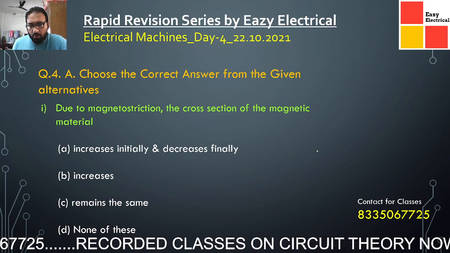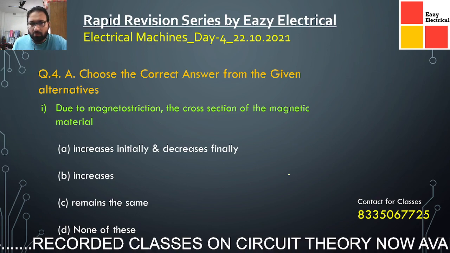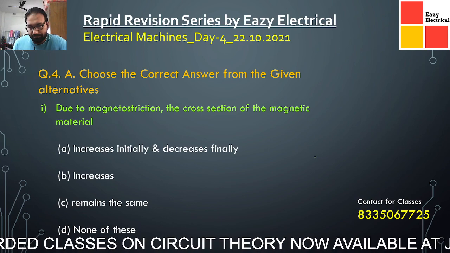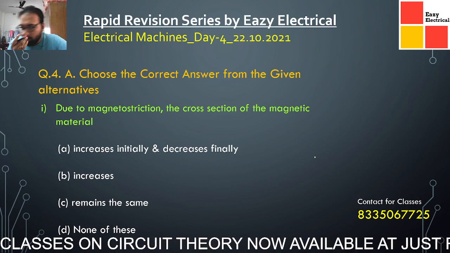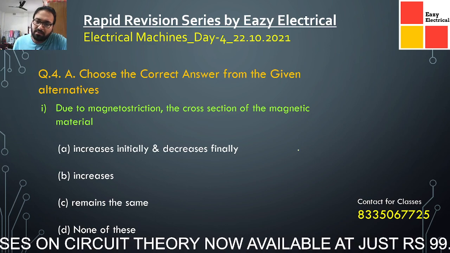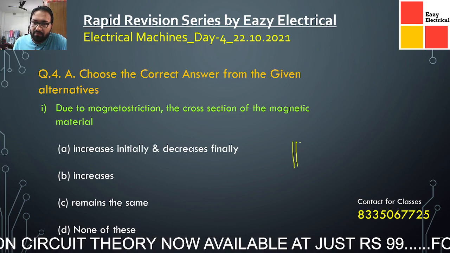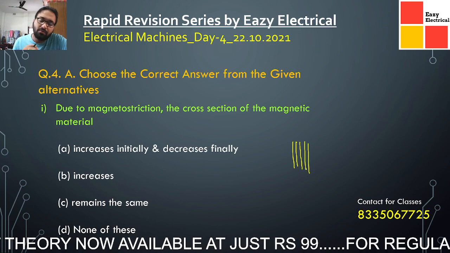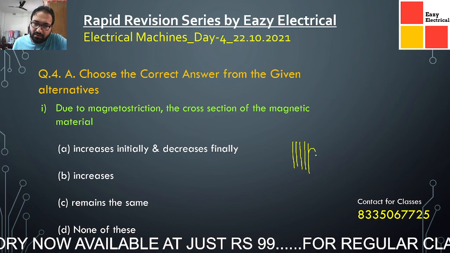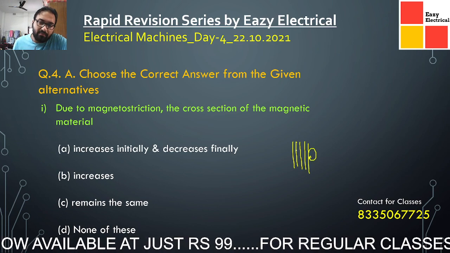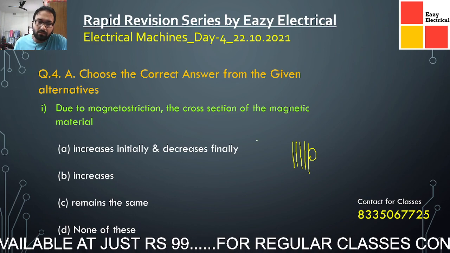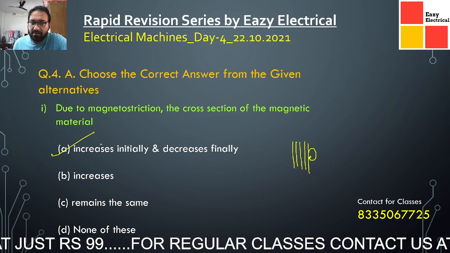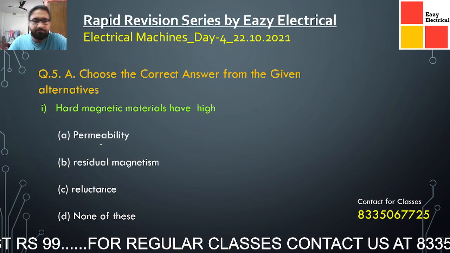Whenever you go near any transformer that is operating, you hear a certain amount of sound coming out of it. That happens because transformers are made up of thin sheets, and these thin sheets vibrate because of the eddy currents induced in the core. These small vibrations ultimately lead to this humming sound. Now it increases initially and decreases finally.